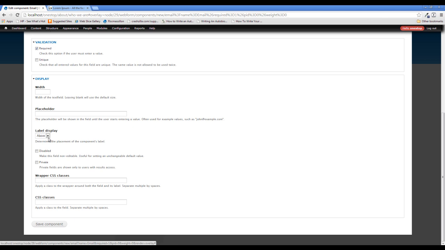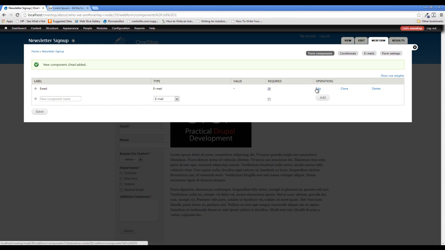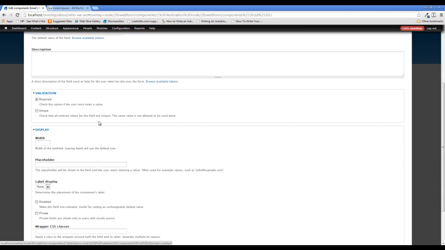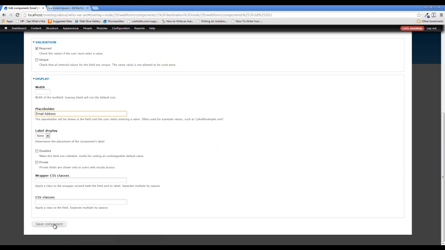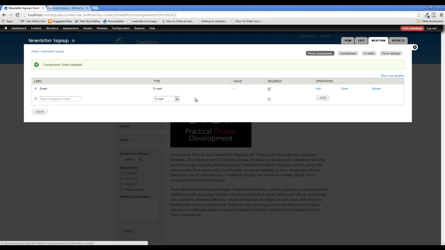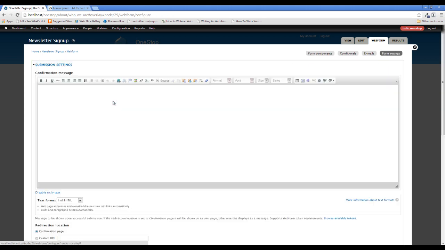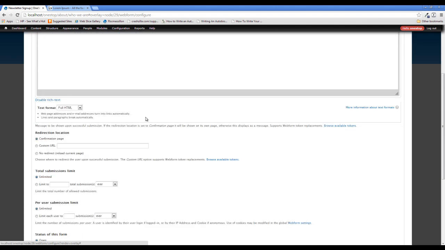We are going to get rid of the label, and I'm going to show you quickly one of the other things that I wanted to show you here. Let's edit this. And let's enter in the placeholder text email address. And you'll see what that is in a second. If you have any kind of prior knowledge of HTML or anything like that, you'll know what that placeholder is. We'll come over to form settings. There is a specific, here's the other thing that I wanted to show you. This redirection